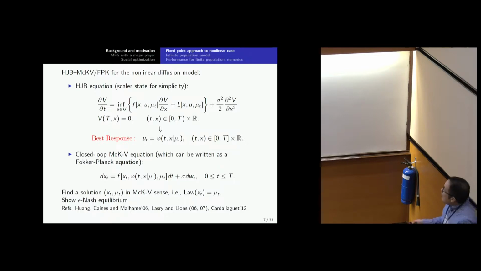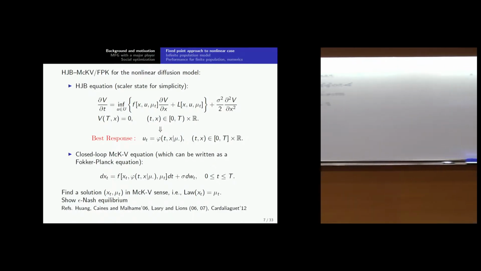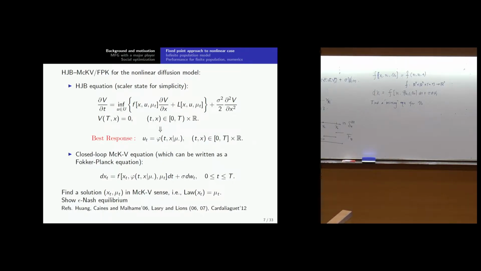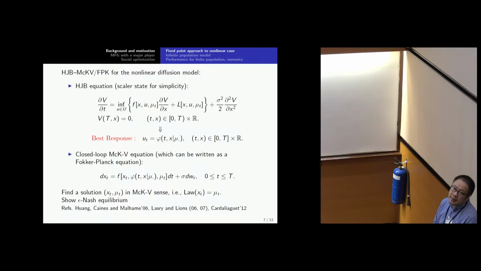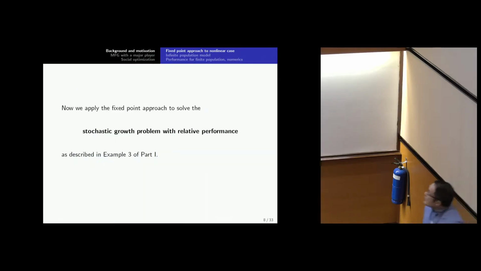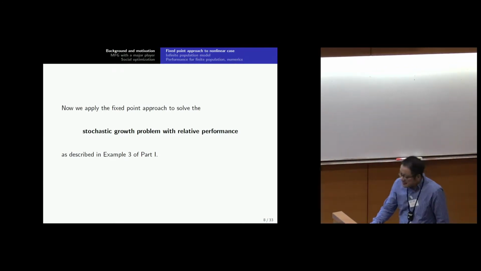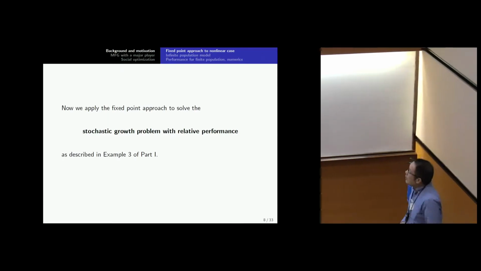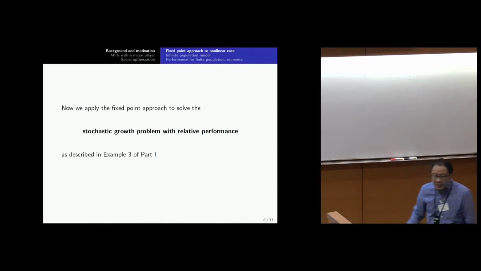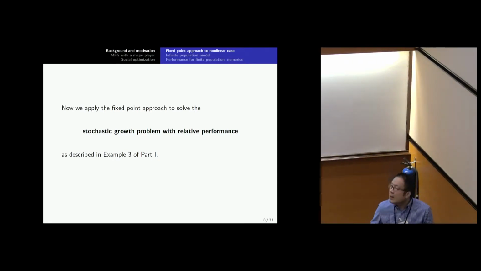nonlinear case. In the work of Leslie and Leon, they took a different approach to derive two equations. For their case, the second equation takes the form of a Fokker-Planck equation. But actually, the Minkowski velocity of SDE is like a probabilistic version of the FPK equation, the Fokker-Planck-Kolmogorov equation. So in some sense, the two routes are equivalent. So now for the next part, just to illustrate the theory, the nonlinear theory, let's work out a more